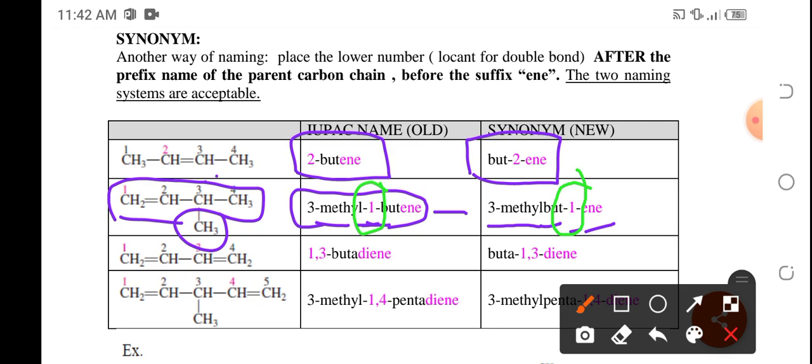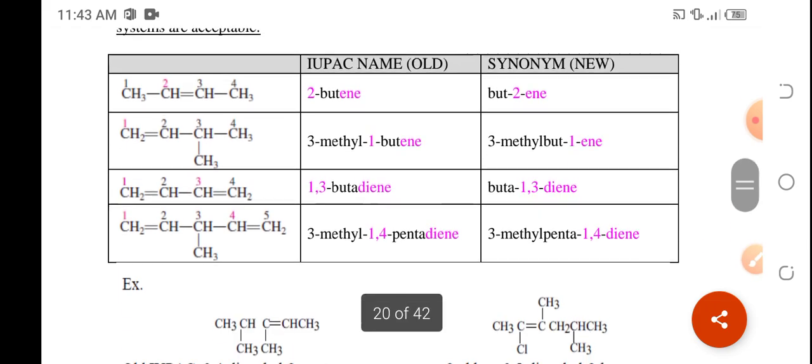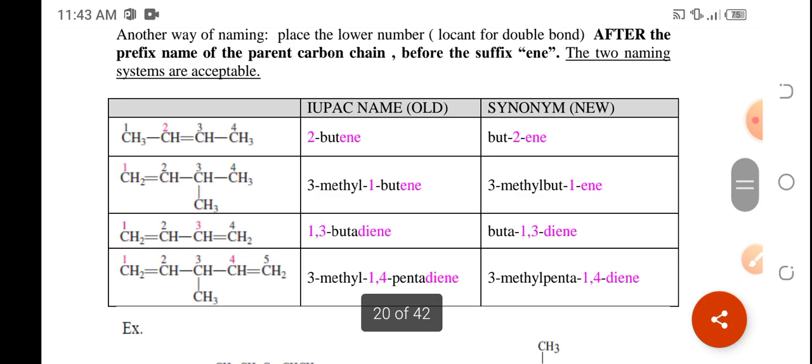Yung old, nauuna siya bago dun sa but or dun sa prefix to denote the number of carbon atoms in the parent chain. Pero yung another way is the locant is placed in between the prefix for the count of carbon atom and the suffix ene denoting the double bond. Okay? Nevertheless, kahit alin dito sa dalawa rather, ang isusulat nyo sa quiz ninyo. Okay? So, another one,